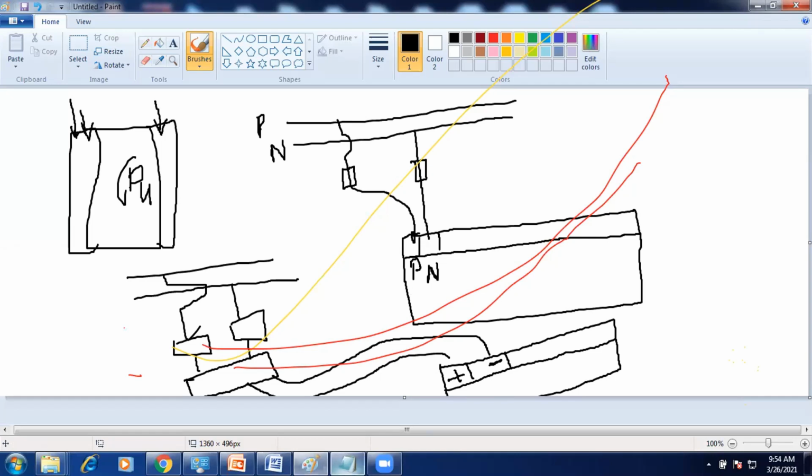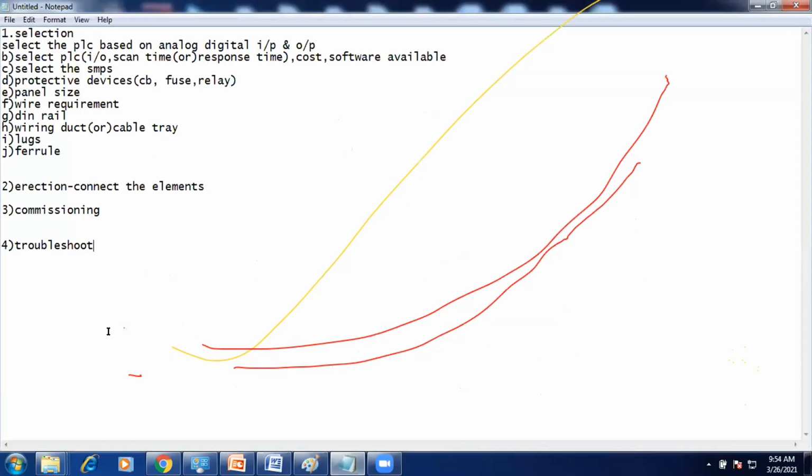Next one is types of a PLC based on input-output wiring.